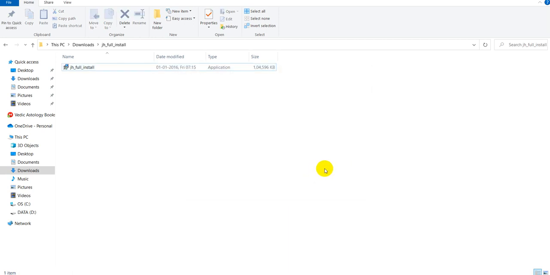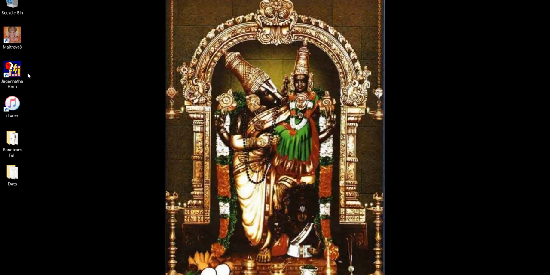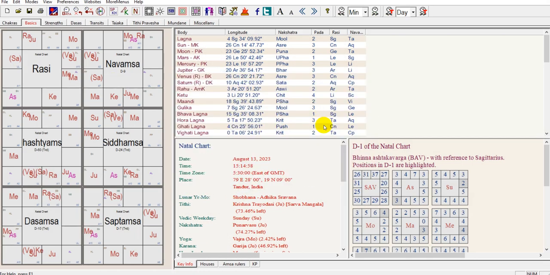I have already installed the software in my system. So on the desktop we will have Jagannatha Hora. Click on Jagannatha Hora, double click on Jagannatha Hora. It starts with the software, opening the software. So the first option that I want you to do in this is